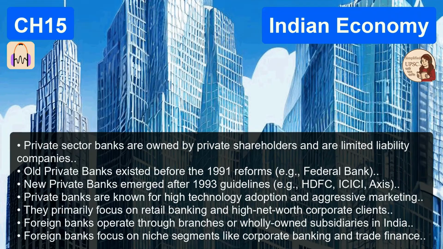Now, sitting slightly to the side of these commercial banks, we have cooperative banks. How are they different? Is it just a different name, or is the core philosophy different? The philosophy is fundamentally different. While scheduled commercial banks work on a commercial motive, which is profit maximization, cooperative banks work on a no-profit, no-loss principle. Service over profit. That is the idea. They are formed by members to serve members, but structurally they are a bit complex because they suffer from something called dual control. Dual control.